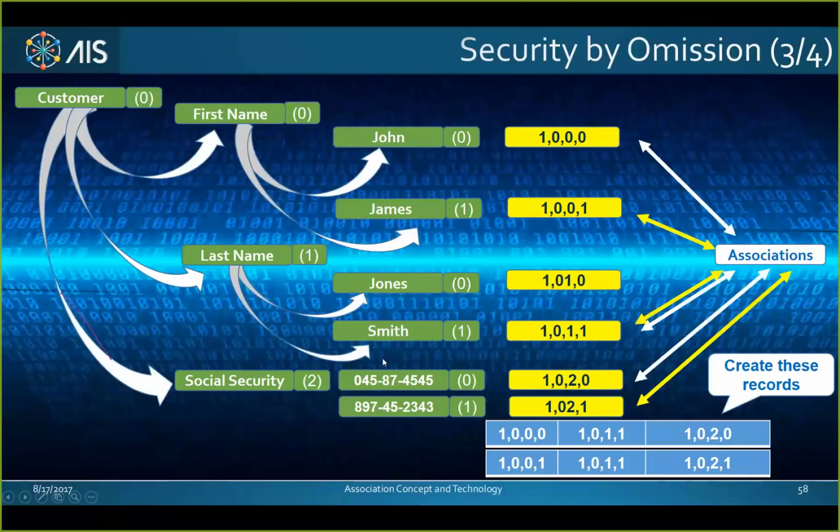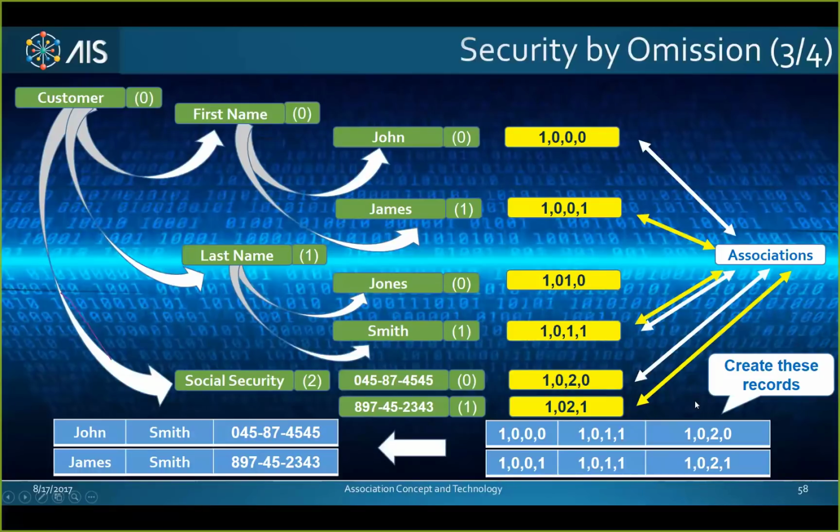And of course, we're using his Social Security number. So as you can see, it creates these records on a numeric basis, but it creates this on a logical basis that we can see. So you'll see I still have the same name, Smith, but they're 2 different values, 3 different values, 4 actually.